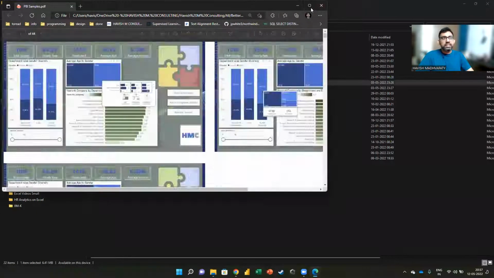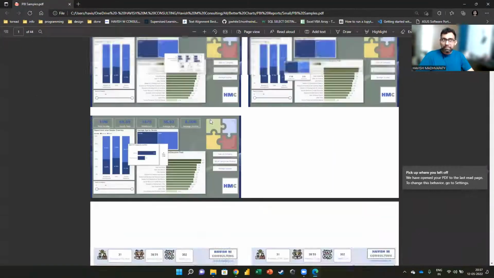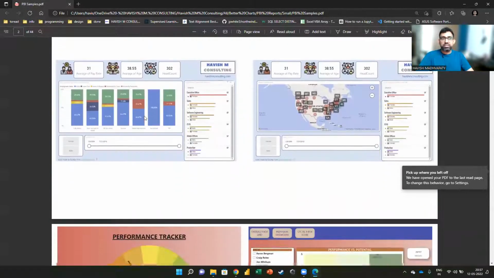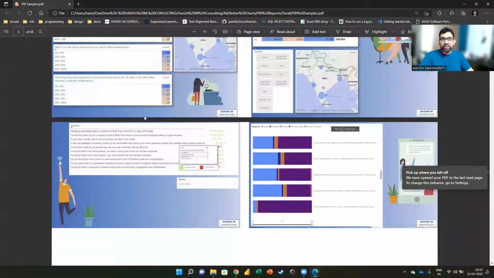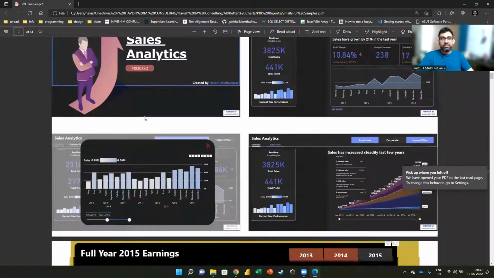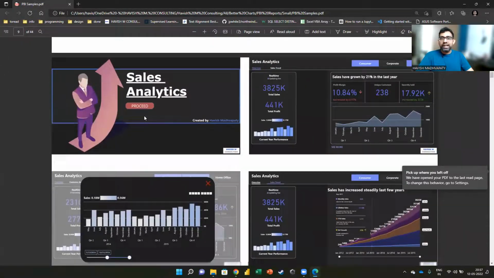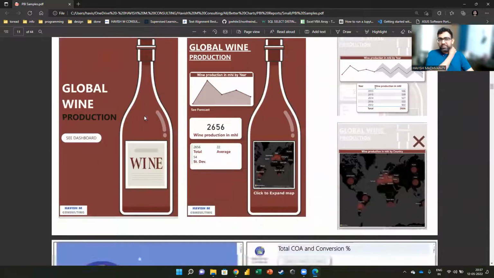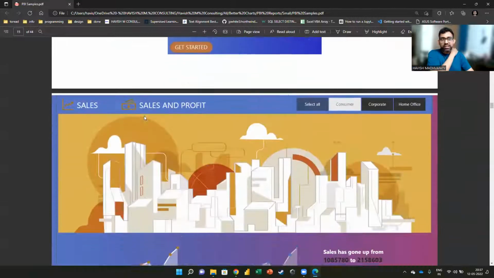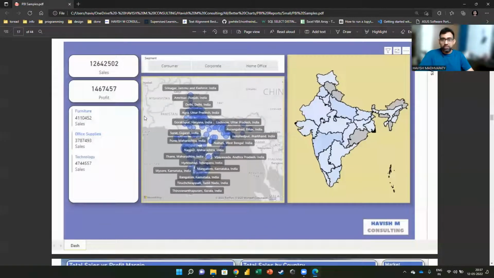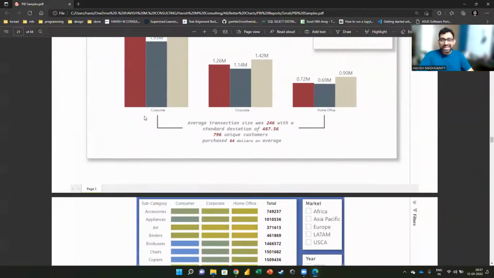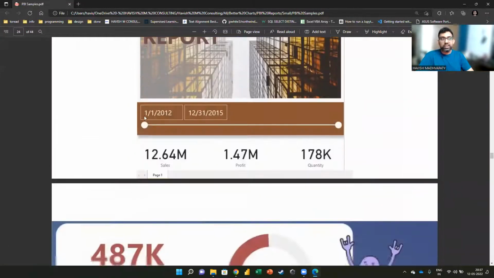So these are different reports. Some of them I've created on Tableau, some of them I've created on Power BI. These are all on Power BI. As you can see, HR, learning and development, recruitment data, training data. Okay, check this out. This is all marketing and sales data, and these are all different dashboards. And this is cost of acquisition, digital marketing. This is location-wise data. And obviously these are all dynamic, but I'm showing you the PDF right now.